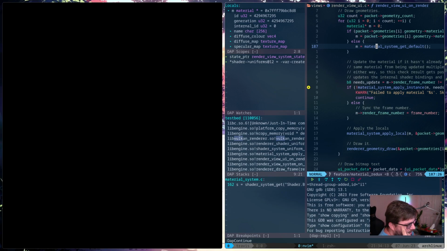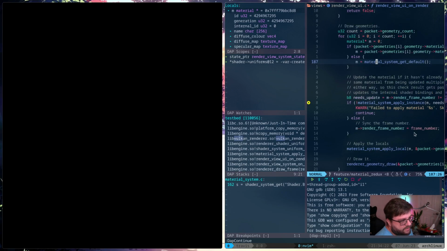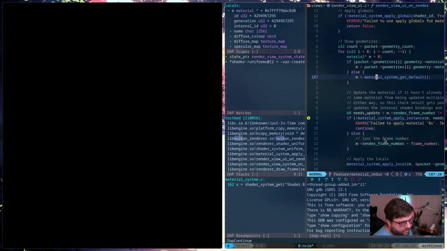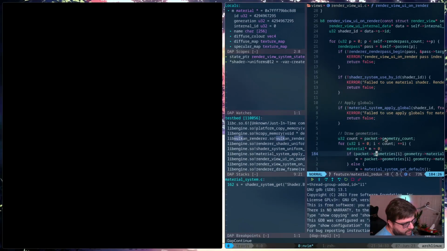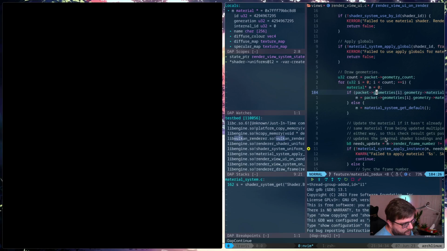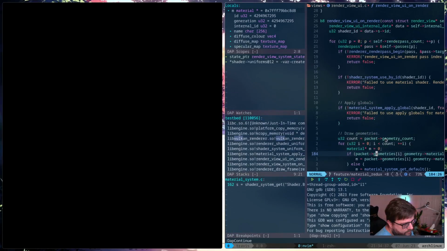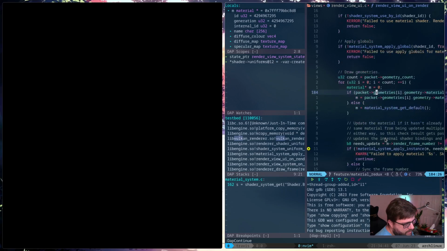Because we don't have... Okay. We can't actually do that for UI. So what it's doing is it's grabbing the default material and trying to apply it to this UI object that we're drawing, which in theory should technically work, but its pipeline, I think, is going to be incompatible now that I think about it.